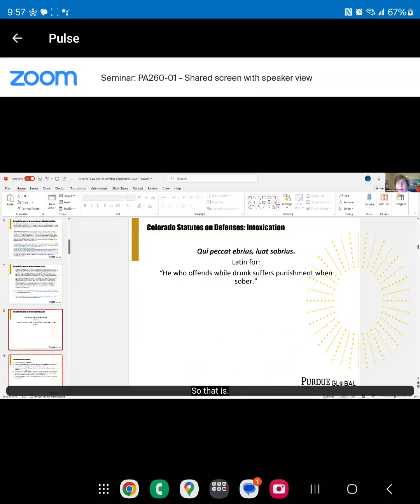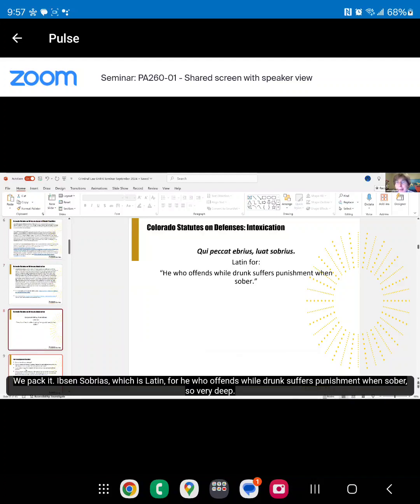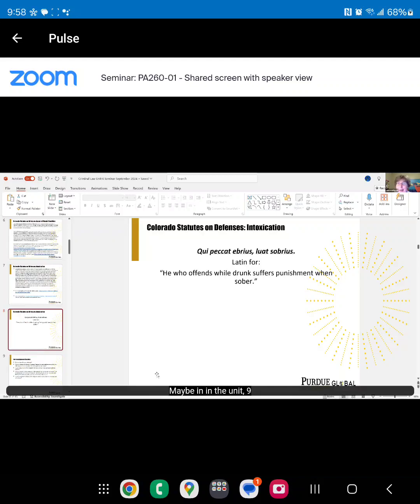I like this quote, a little Latin: qui peccet ebrius luat sobrius, which is Latin for he who offends while drunk suffers punishment when sober. A very deep Latin quote there. Feel free to use that in your, well, no, you wouldn't want to use that in your paper because you're on the defense side. Maybe in the Unit 9